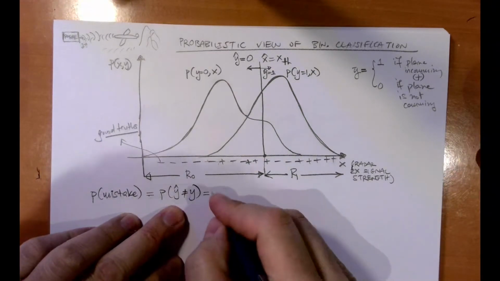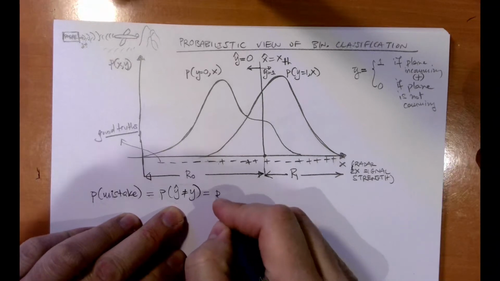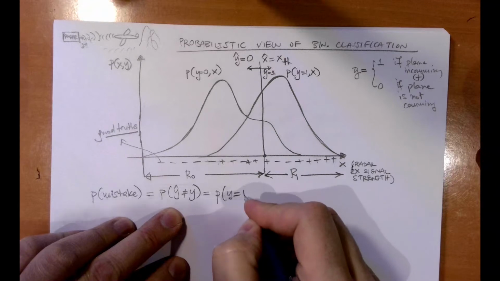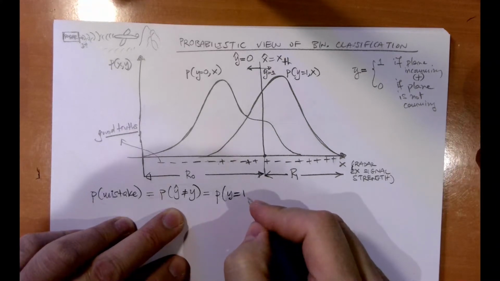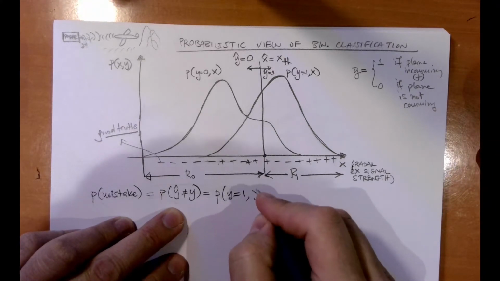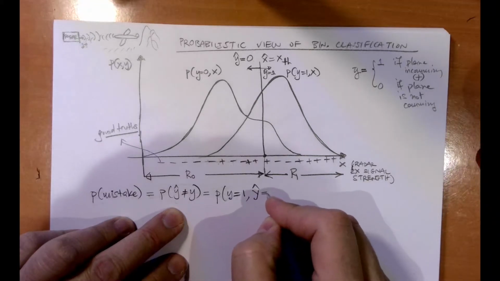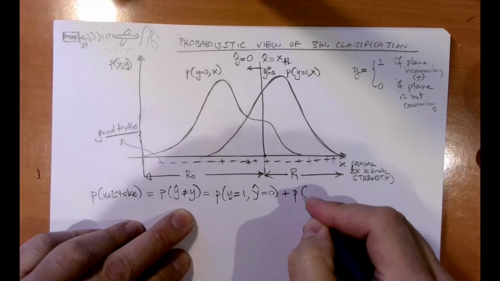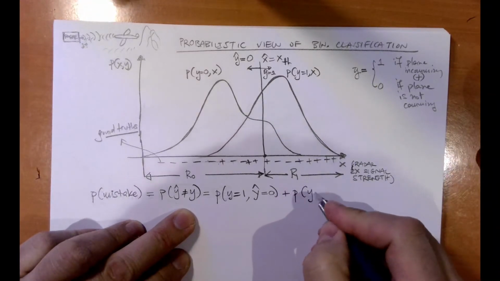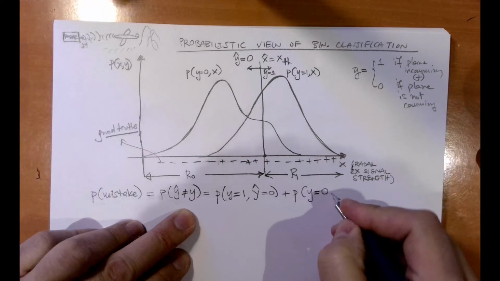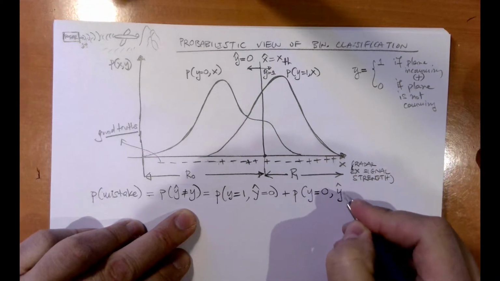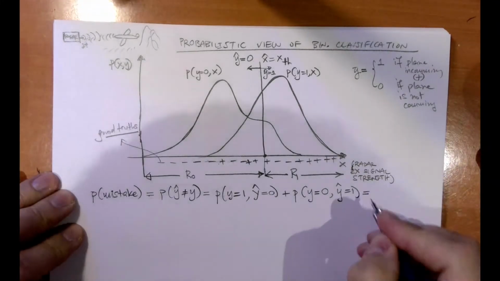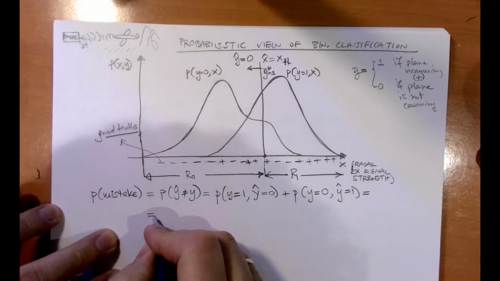So effectively, the probability of making the mistake on the left side is the probability of y equal to 1, given that y hat is equal to 0. And also the probability of the other side, y equal to 0, given that y hat is equal to 1. So these are the two components of the mistake that I can actually make,